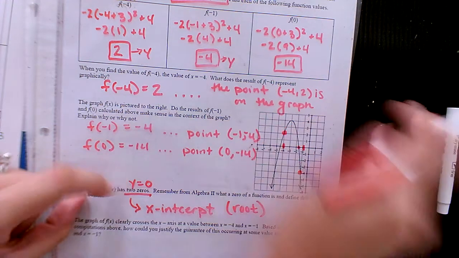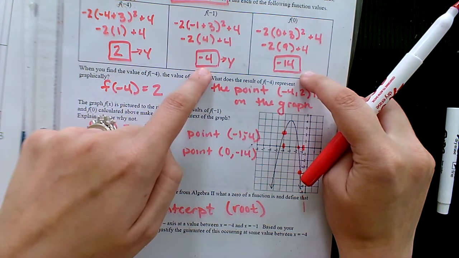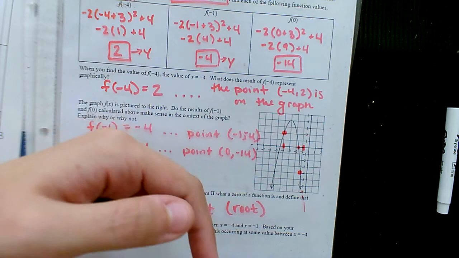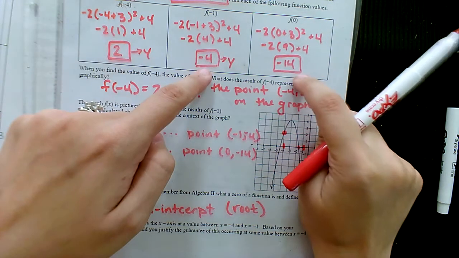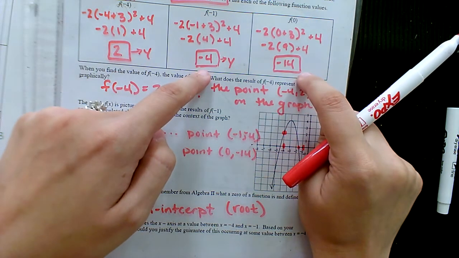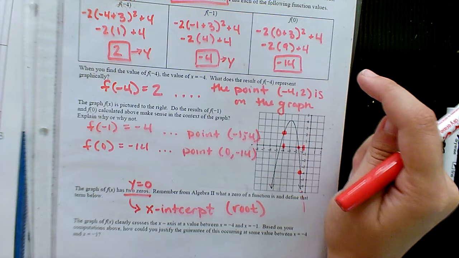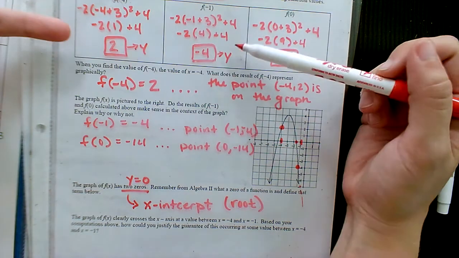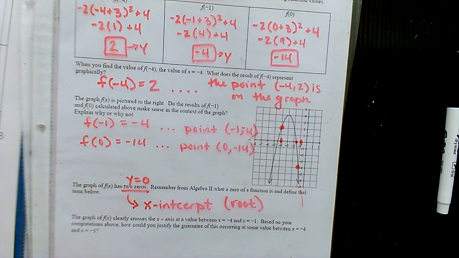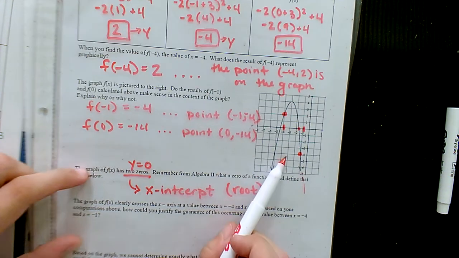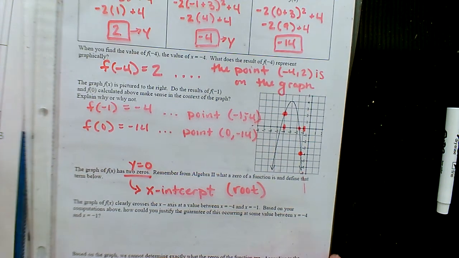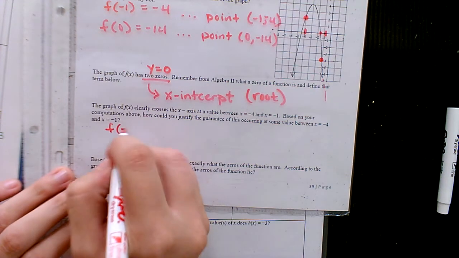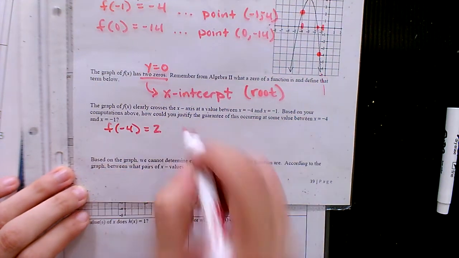right? Okay? If you take a look at the other ones, negative 4 to negative 14, we do not have that sign change. There might be an x-intercept in here. Okay, there could be, but we don't know for sure because we don't see that sign change. So we can confirm based off of computations if we have an x-intercept, not just solely relying on the graph to actually find it. Okay, so let's go ahead and say that f of negative 4 equaled 2